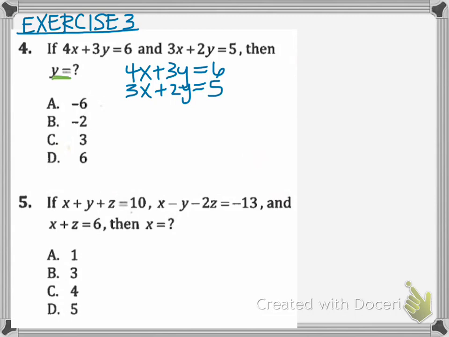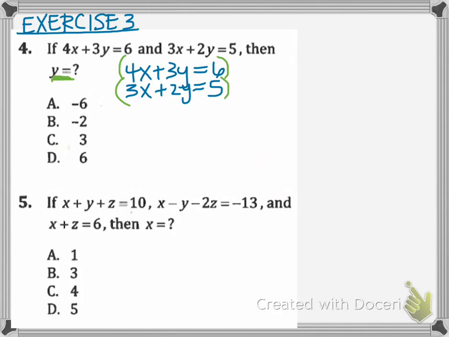If I'm solving for y, it would make most sense to get rid of my x. So I want you to look at both of the x's. I've got a 4 and a 3. What I basically want to do is kind of like finding a common denominator. I'm going to multiply 4 times 3, which is 12. And then I'm going to multiply both equations by whatever number I need to get 12 and negative 12 as